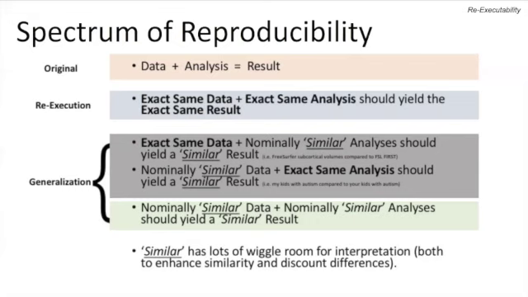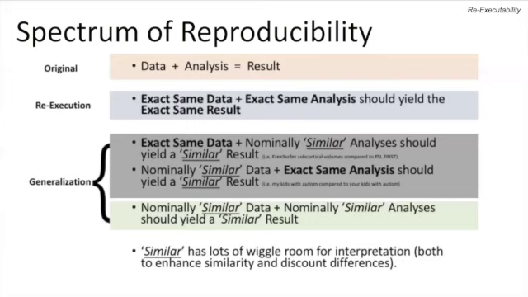We'll argue that for the most part, and most things that I complain about the community not doing are things that I've not done for the past 20 years as well. So I'm picking on myself as well as everyone else. But I probably can't go back to a paper from 5 years ago and find that exact same data, find that exact same analysis, run it on the exact same computer, and generate that exact same result.